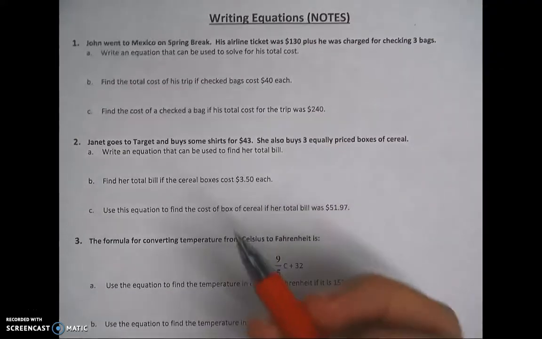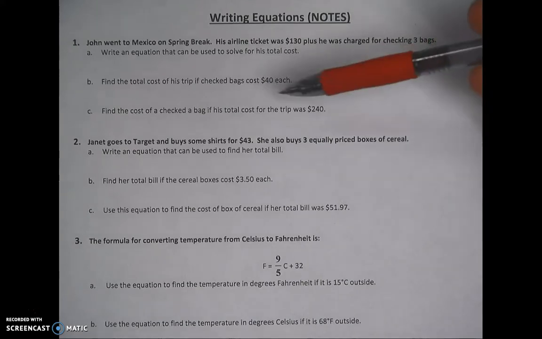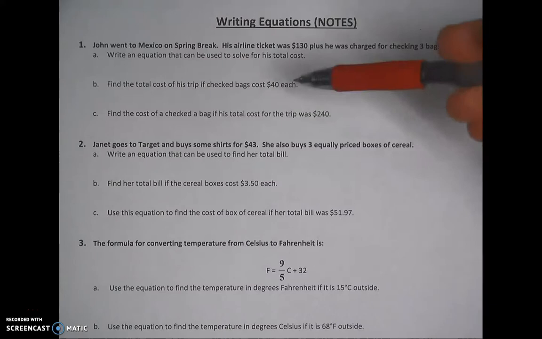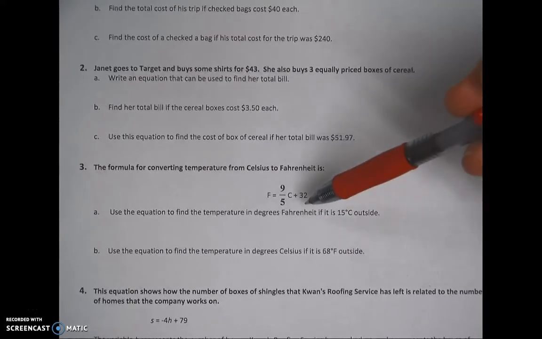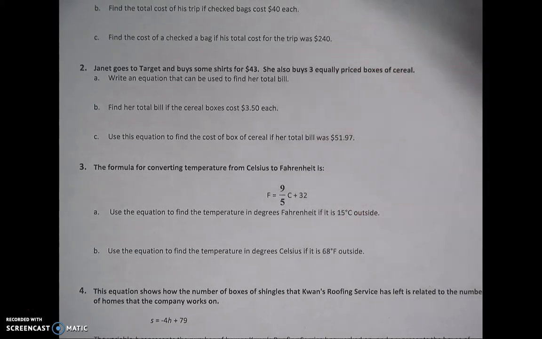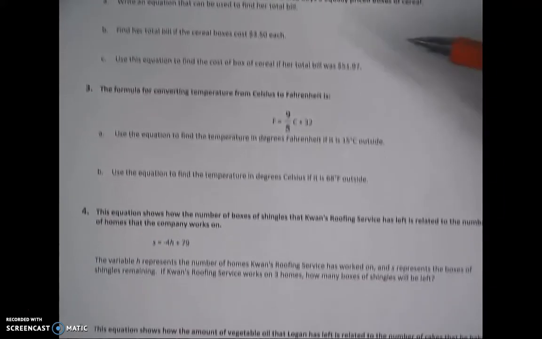Okay, so today we're going to continue looking at writing equations for different situations and using those equations. So if you've already looked ahead on 1 and 2 on today's notes, it's pretty much exactly what we did yesterday, so a quick review. Also want to take some time to look at these Fahrenheit to Celsius questions. The fraction can give some people problems, but these were all from your homework last night, so you should have seen these before. We'll run through those, make sure that we're feeling good about that, and then we'll look at